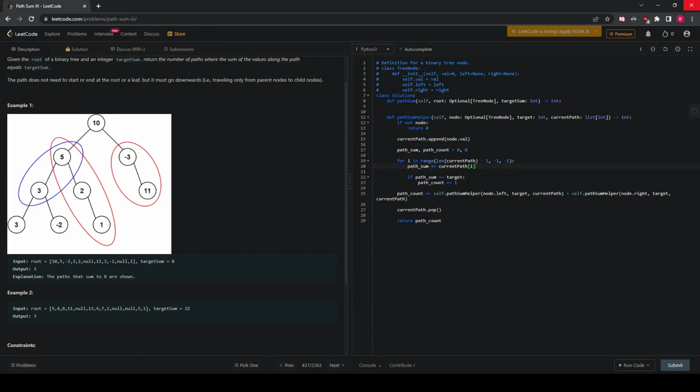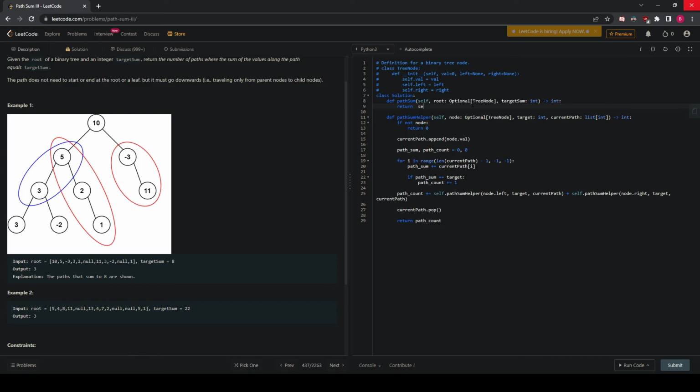For the 10 here, we don't have any 8s, so path count would have stayed at 0 here, and then 0 plus 2, and then plus 1, and then the pop for the 10 node doesn't really matter, but it just removes it, and then we'll return 3, which is how we'll get to the solution